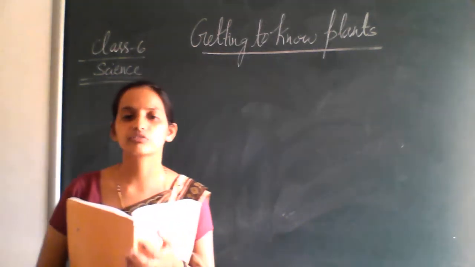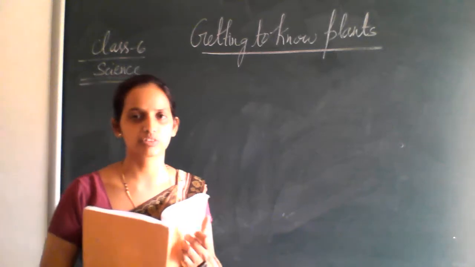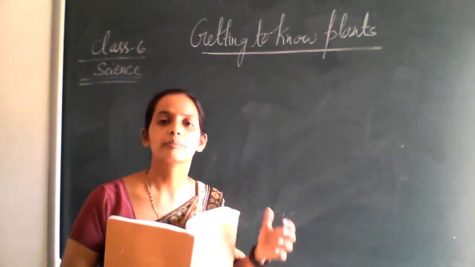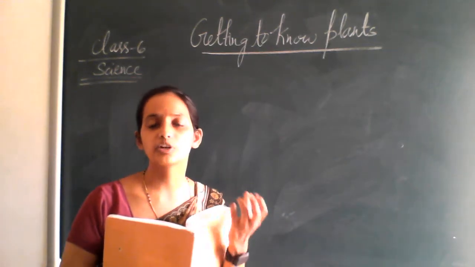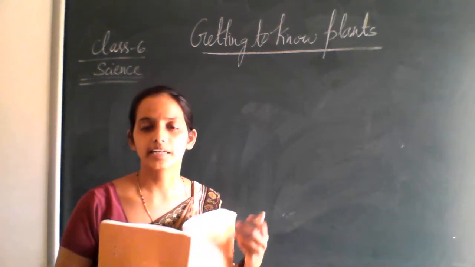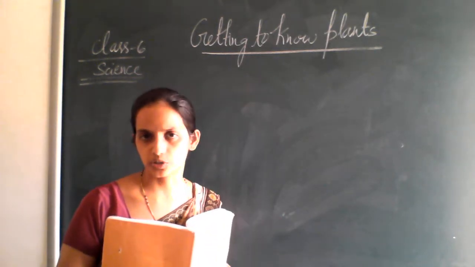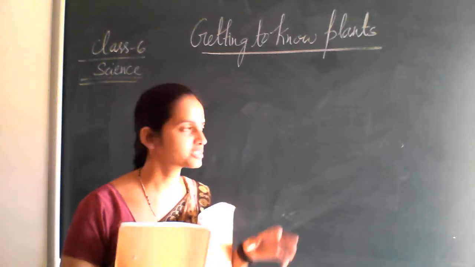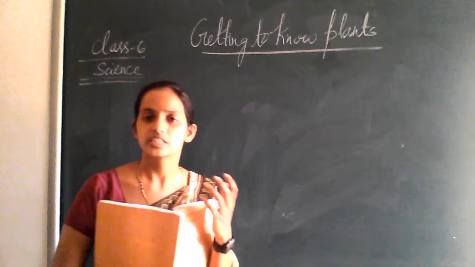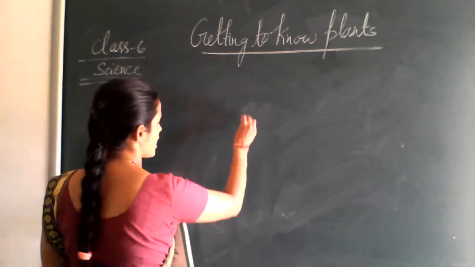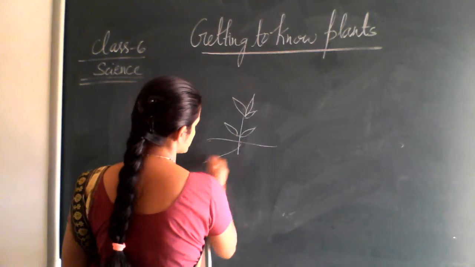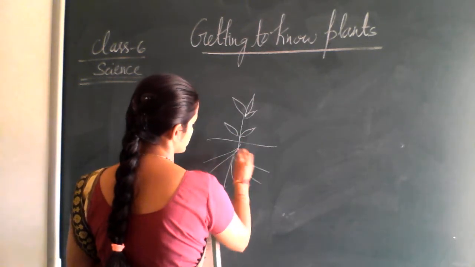So the leaf part of the plant is used for the preparation of the food, whereas the root system, or the roots of the plant, is used for absorption of the nutrient material, water and minerals from the soil, and it is absorbed by the roots, and this water and minerals is transferred to the other parts of the plant through the stem, right? So as you know, the plant has the roots, yes.